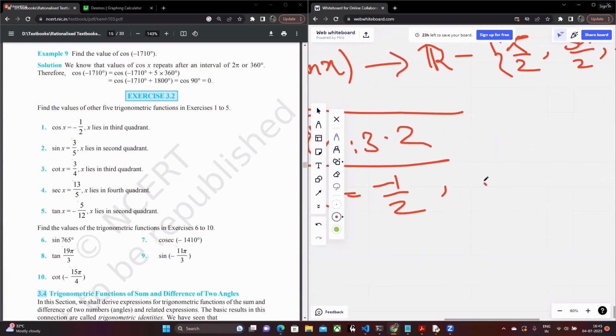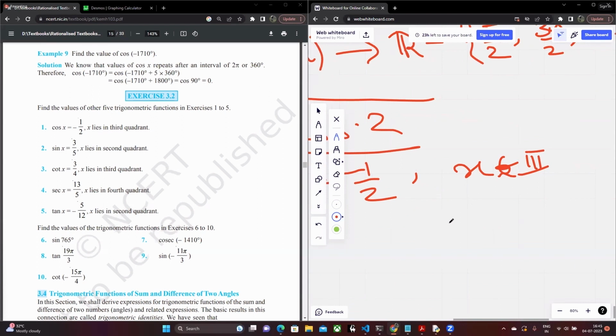Cos x is minus 1 by 2, and x belongs to the third quadrant. I'm writing this colloquially. You can't write x belongs to 3 without specifying what this 3 is. This is just a way for me to keep track of things. Write that x belongs to the third quadrant if you want to, or if you really have to, write that